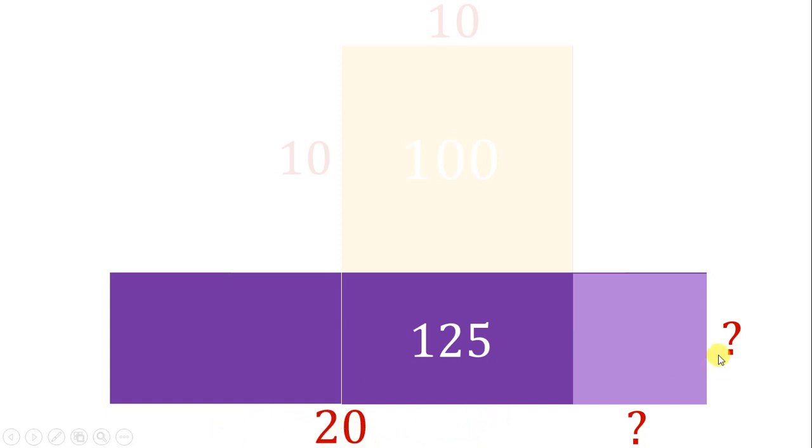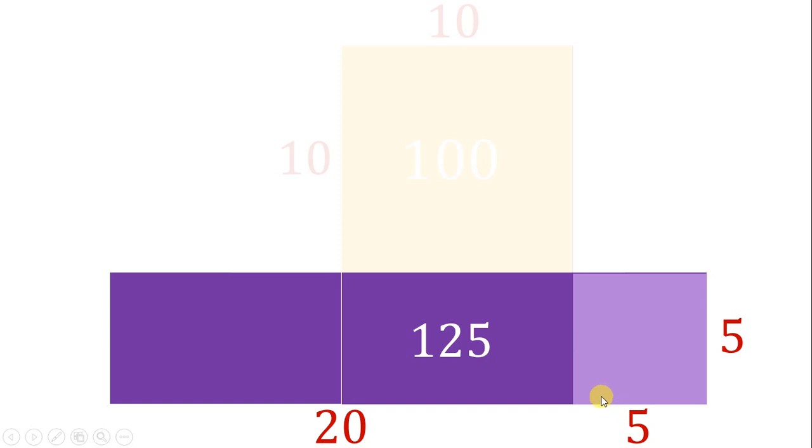So I just need to imagine a number for two places, and check whether the number I have taken satisfies this relationship. For example, if I place 1 here, it becomes 20 plus 1, and the other side is also 1. So the area will be 21 times 1, which is 21. So it is not satisfying this relationship. So next I try